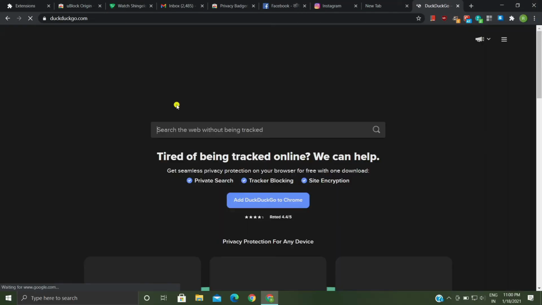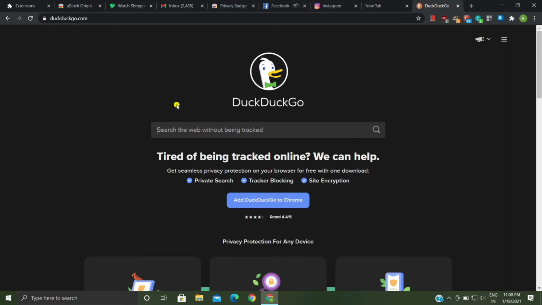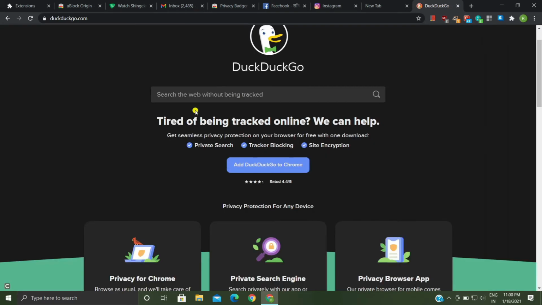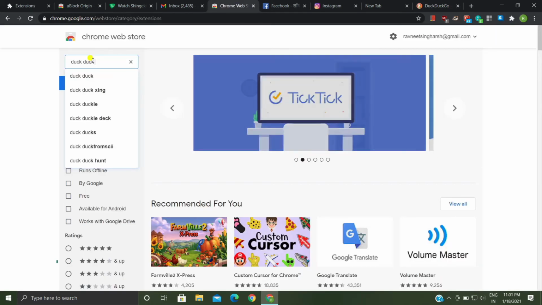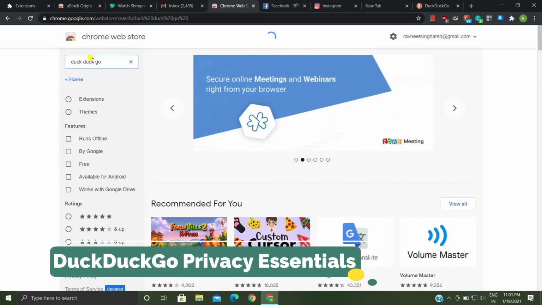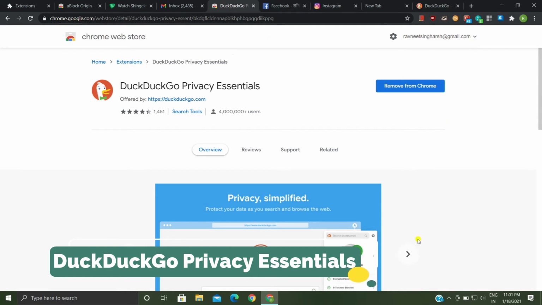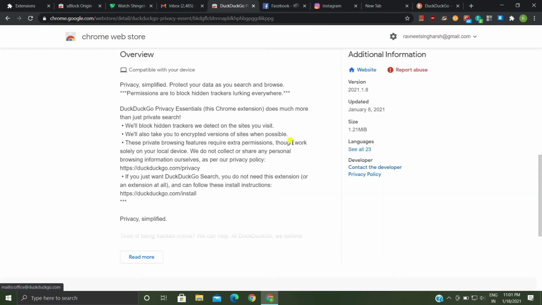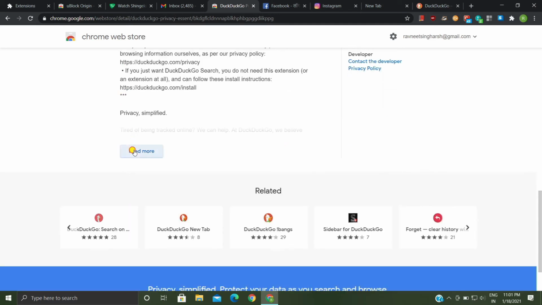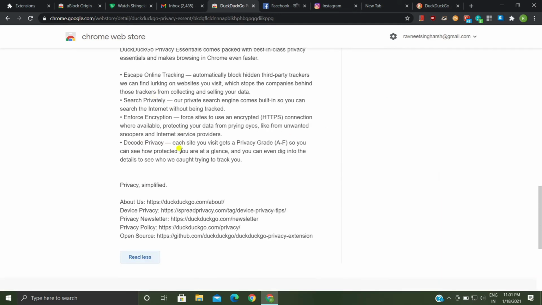You may have heard about the DuckDuckGo browser. DuckDuckGo is famous for its privacy-focused browsing experience, but we have all got used to the Chrome browser and now switching to any other browser sounds like a big task in itself. But we can use an extension called DuckDuckGo Privacy Essentials. This extension comes with many features aimed at privacy protection. Features like escape online tracking, enforce encryption, and search privately are very useful if you are a privacy conscious person.